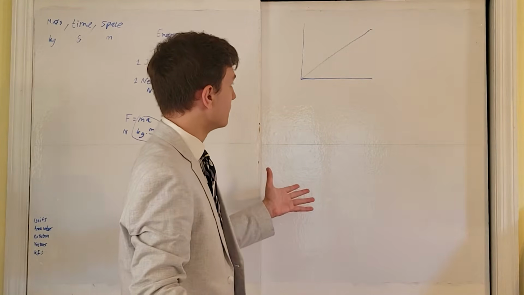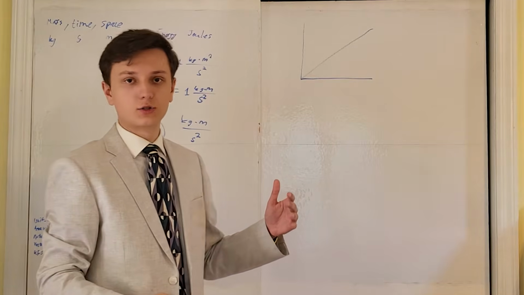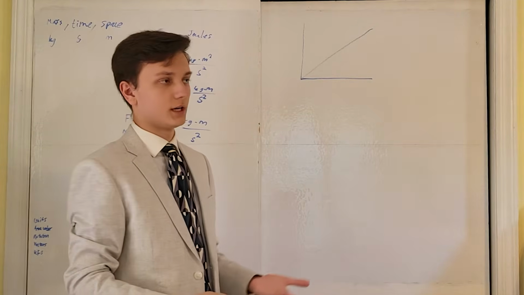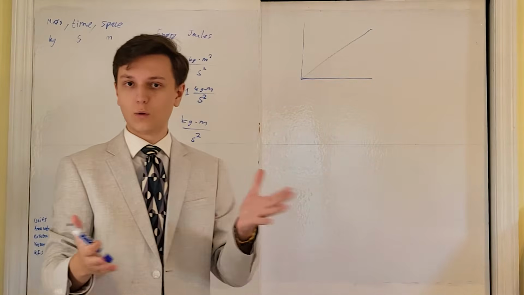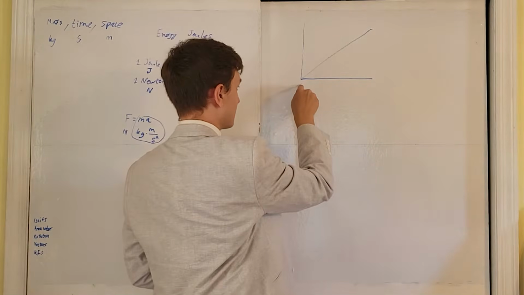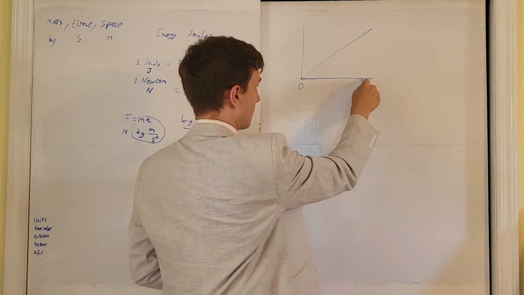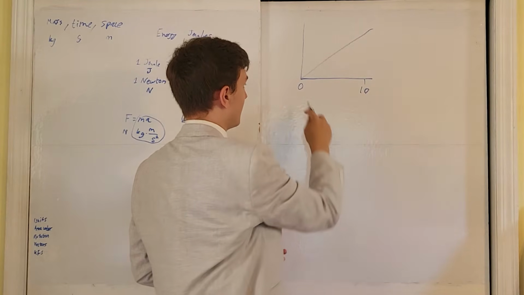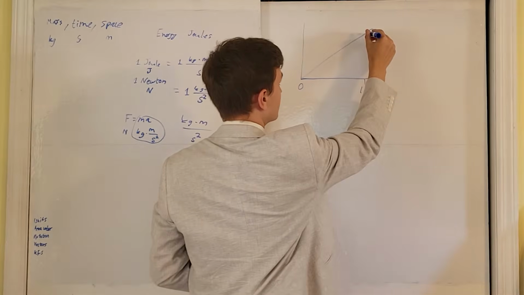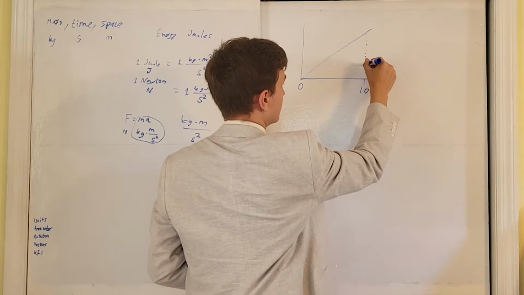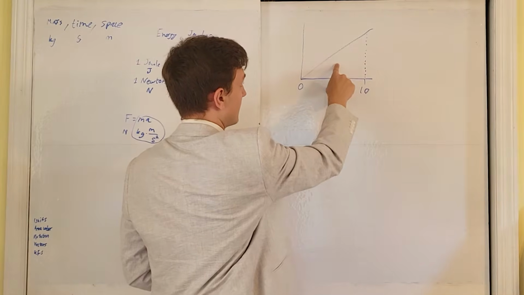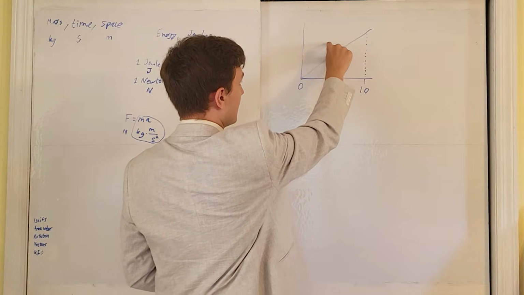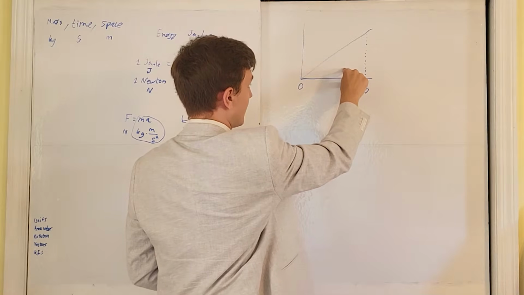Now, looking at it visually, it's not hard to identify what the area under the curve is. Of course, we would need to specify between what points. Let's just say, for simplicity, between x equals 0 and x equals 10. Find the area under the curve between those 2 points. And as you might expect, the area under the curve is simply this area bounded between our function, the x-axis,